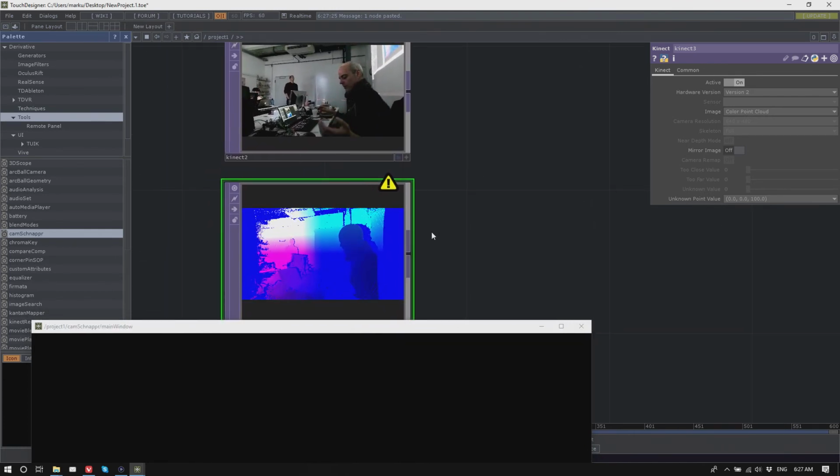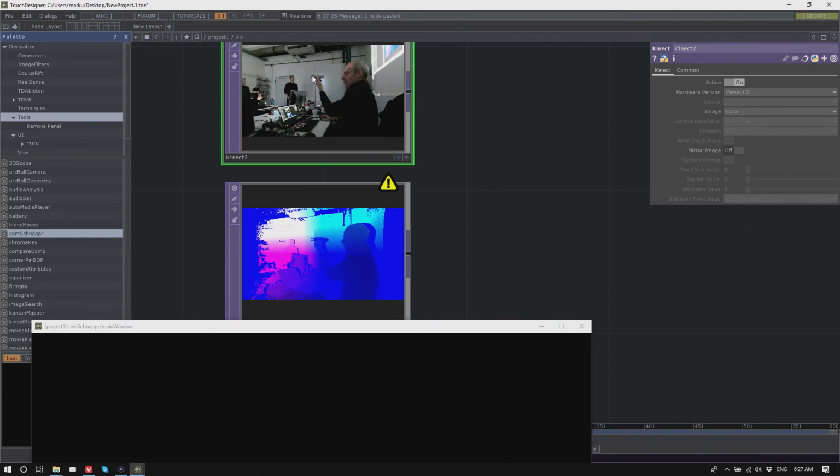Then what you would basically do is, if you wanted to track the ruler, you would select those points in the color image, and you would get the positions of where those corners of the ruler are in the color image.